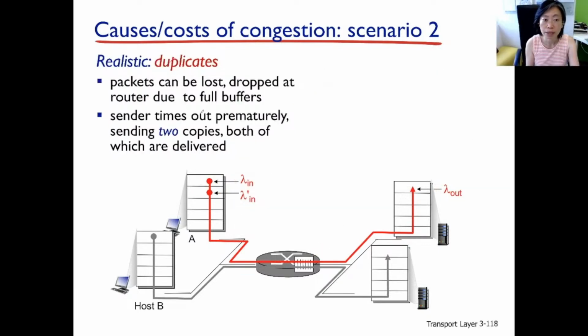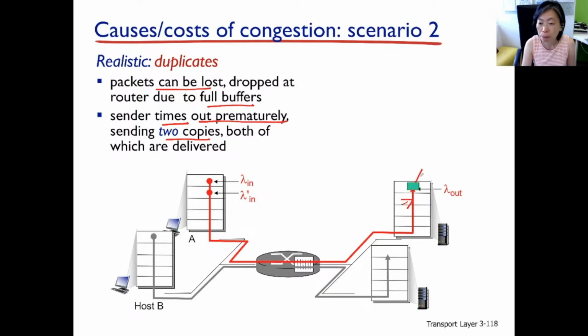To make it even more realistic, we know earlier that when the buffer is full, the packet can be lost. The thing is that at the sender side, in order to detect if there's a buffer full, if there's a packet loss, we set up a timer as well. Okay, so this timer can go off prematurely and therefore send copies while we don't really need them. So it's illustrated by the animation here. Data coming from the application layer process, we keep a copy at the transport layer sender just in case we need to retransmit. Now let's assume that the buffer is free, but in case the timer is too short, we time out prematurely. We end up sending 2 copies of the data here, okay?